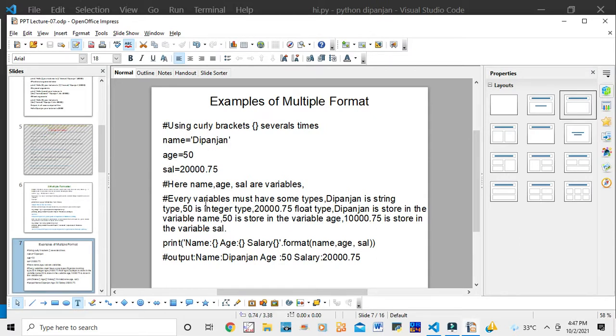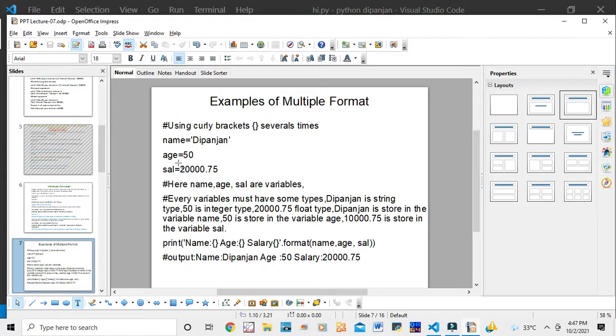But every variable must have some type. Like name, here I have written Deepanjan, so Deepanjan is a string type. Here I have written age equal to 50, so 50 is an integer type, and salary is 20,000.75, which is a floating type.